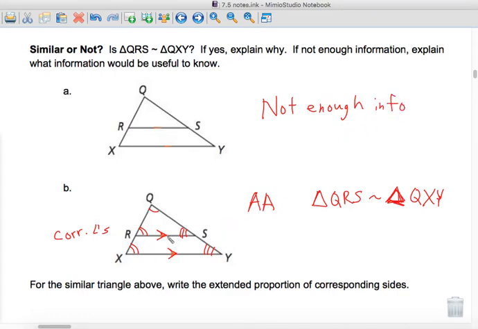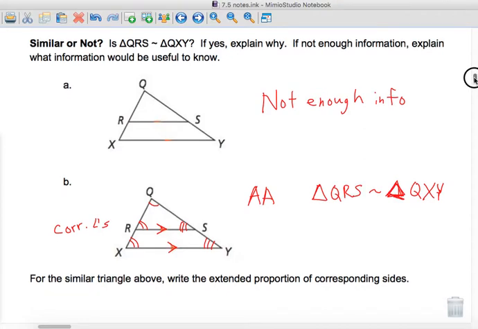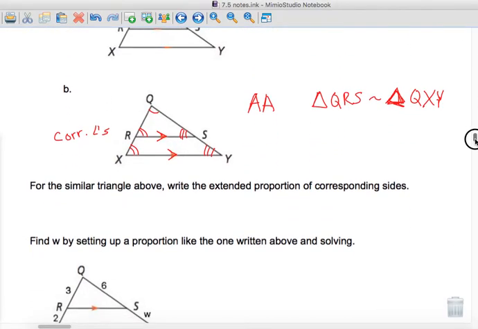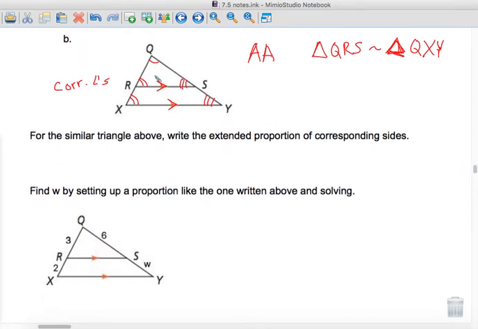In this case, because the lines are parallel, that's the key right here. These lines are parallel. That makes these angles congruent because they're corresponding angles for parallel lines cut by a transversal. So now that we know that these two triangles, the small one and the bigger one, are similar, we can write the extended proportion of corresponding sides. We'll start with the first one, RS over XY. RS is the side of the smaller triangle, XY is for the bigger one, equals,